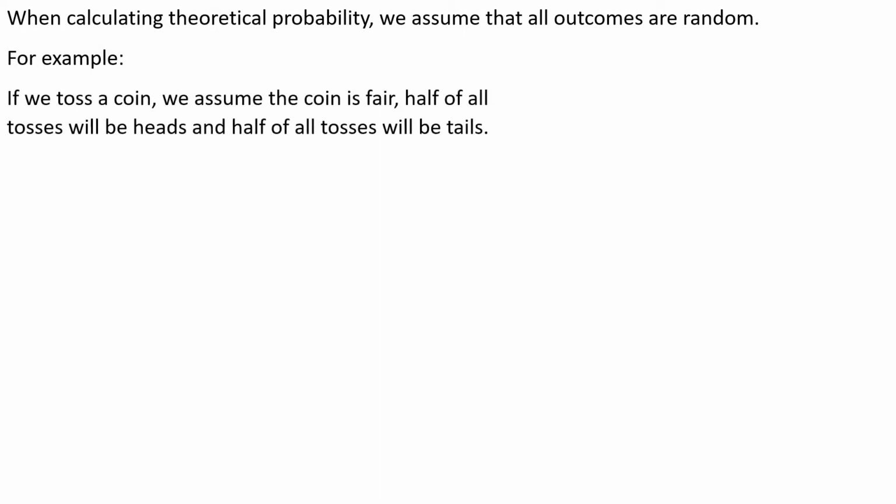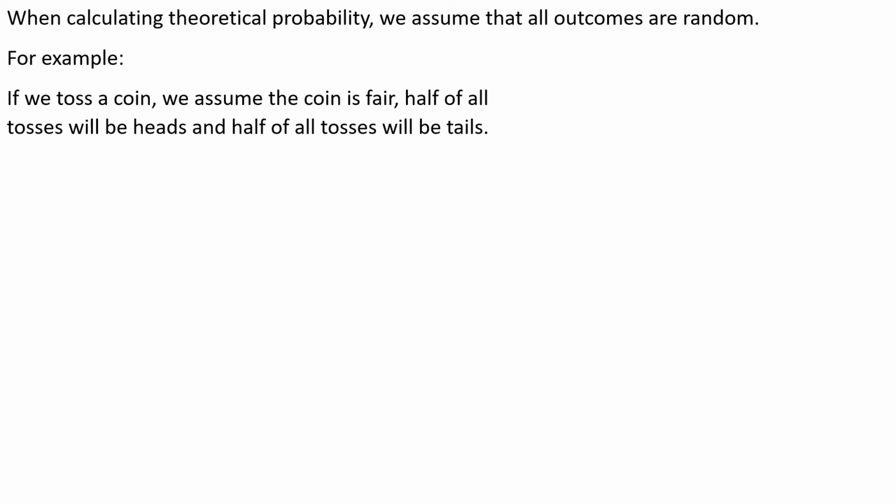Okay, so a bunch of vocabulary coming our way here. First of all, we assume that everything is completely random. So if I'm going to toss a coin in the air, I'm going to assume that half the time it'll be heads, half the time it'll be tails. Now, in real life, we know it's not going to quite work out that way, because if you take a close look at the two different sides of the coins, they've got different raised edges,